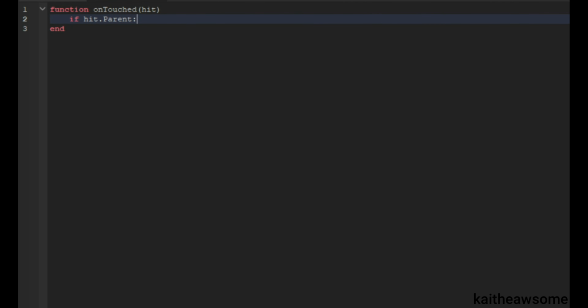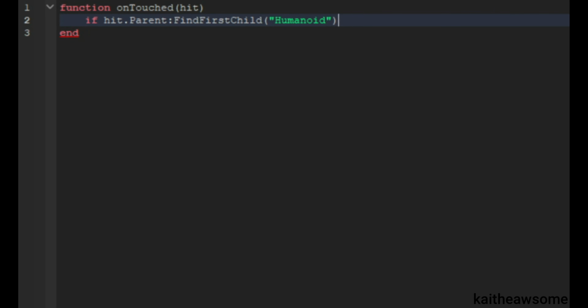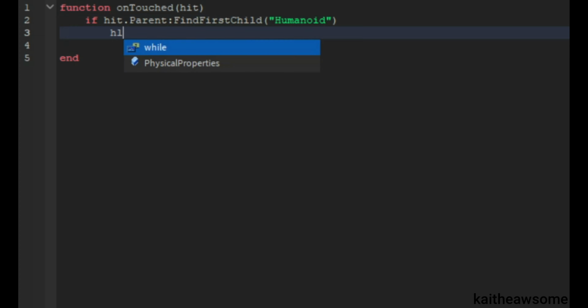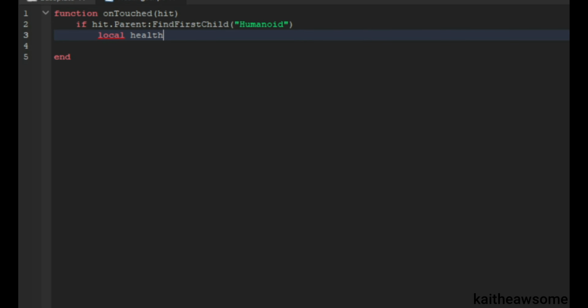colon FindFirstChild is a Humanoid, which means it's like a Roblox player and not an NPC. Otherwise the zombie could get healed if you're hurting him. And then h.Health, or we need to do local h equals hit.Parent, and then colon FindFirstChild, and then Humanoid again,